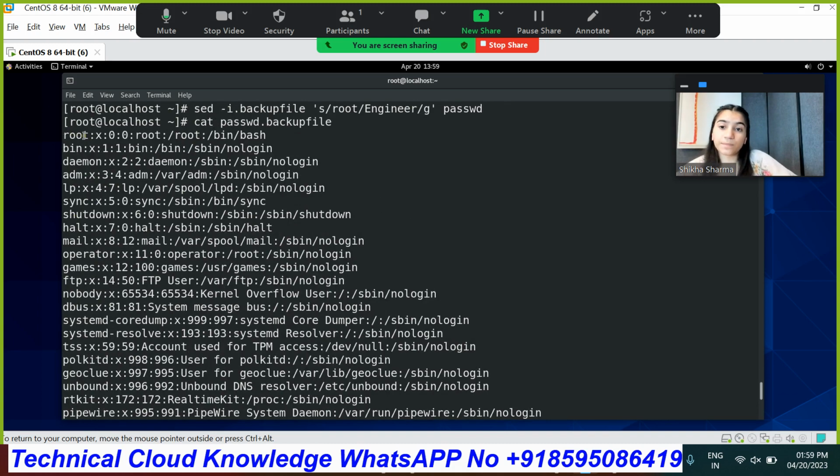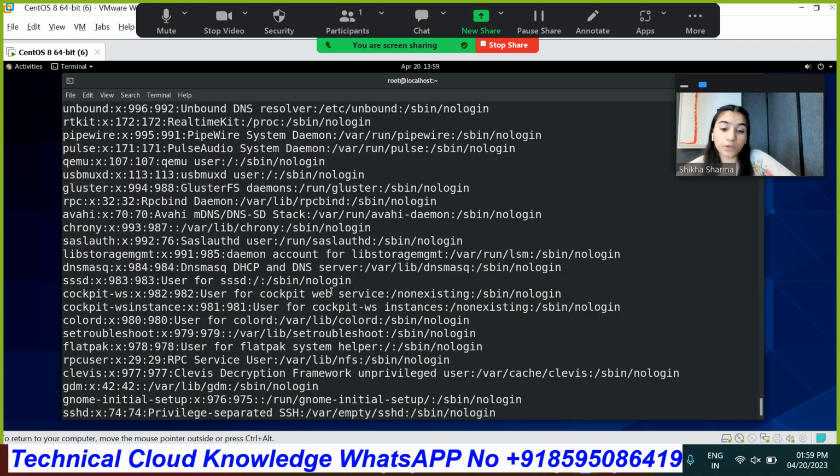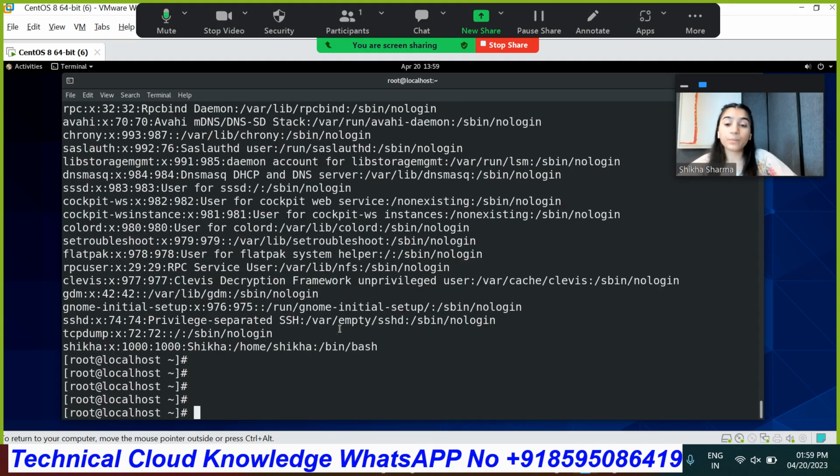So as you can see, there are no changes in the password backup file. If we make changes in the original file, we still have a restoration backup file. So you don't need to worry if you make any changes in the original file. Now, suppose I want that wherever the word mail is